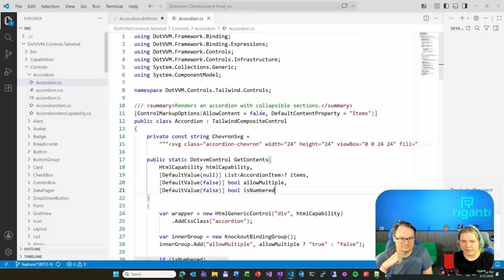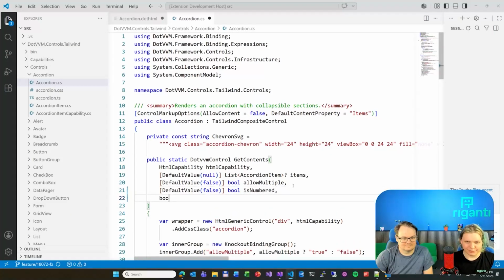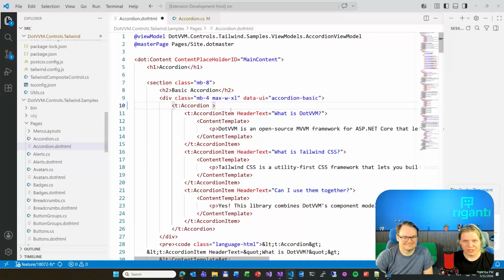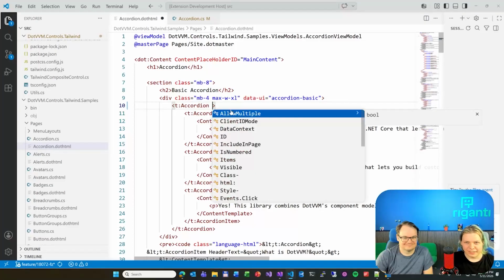Allow multiple is this property, allow multiple. So what we've done is, hopefully it works, as you change it, testing, and as you've changed it and saved it, we should see